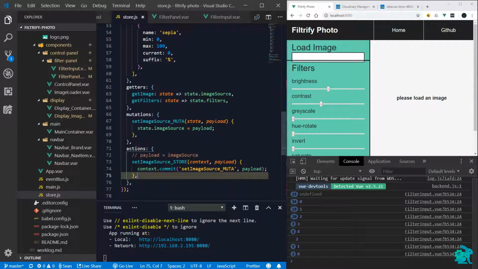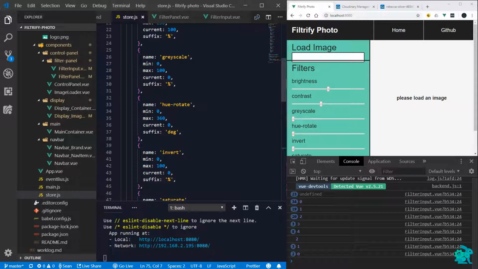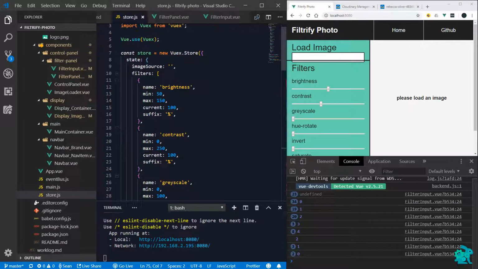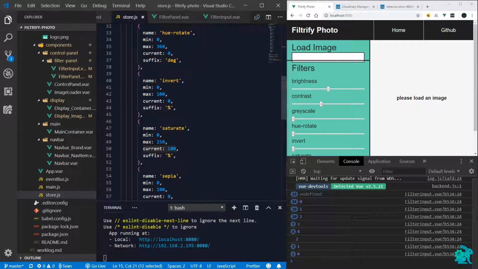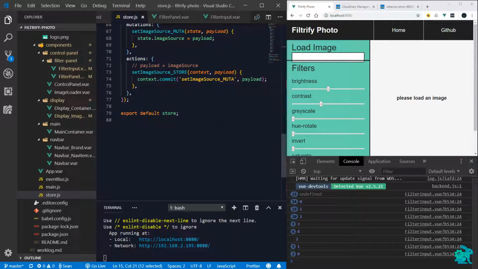Basically what we're going to do is call an action that will call a mutation that updates the current value on the current filter being changed. So in order to do that, let's just start by saying